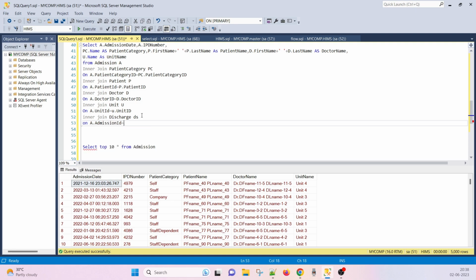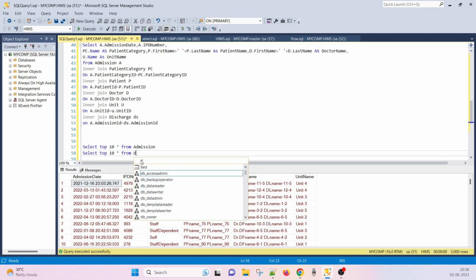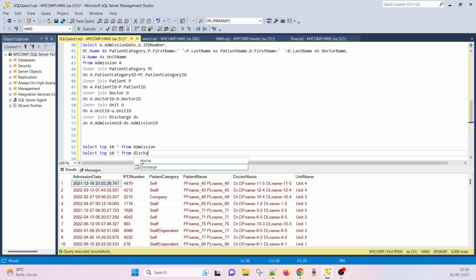That's why I have to make the join between the two. If there is a composite key as well, I will explain that. It means that if there are two columns in two different tables that are the same, then we can make a composite key join. Yeah, ds dot admission ID. Correct. Select top 10 discharge, because suppose any table contains millions of records, then it is